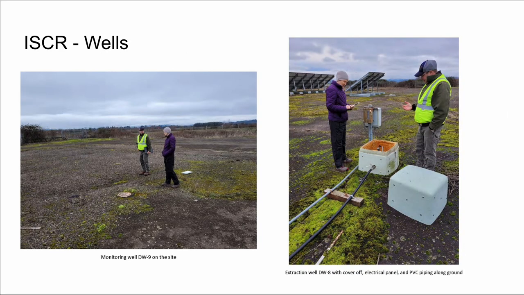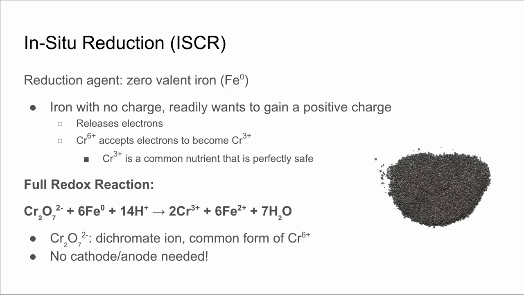If you want to see how it's done with wells, these are pictures from the Corvallis site. And as you can see, there's monitoring wells and there's an extraction well. And what you do is you'd pump the reducing agent down one well, and then you'd extract it from the other well. And that would create a flow of the reducing agent in the ground in order to spread it as much as possible. So the way in situ reduction works is you're going to take a reduction agent,